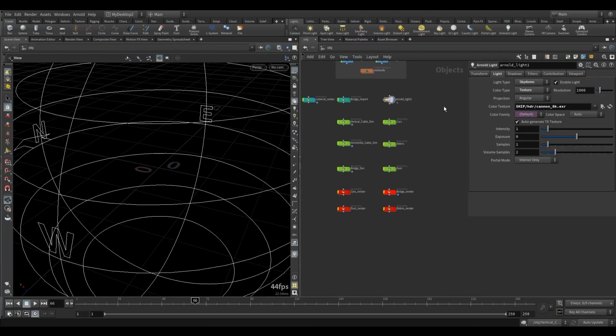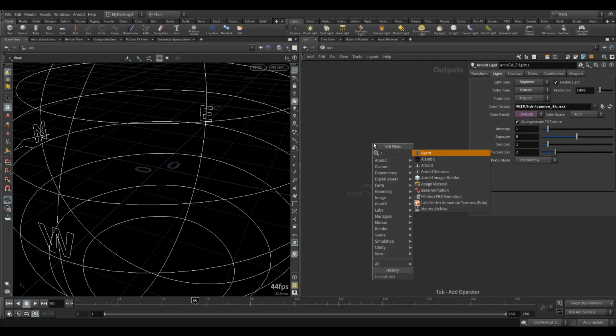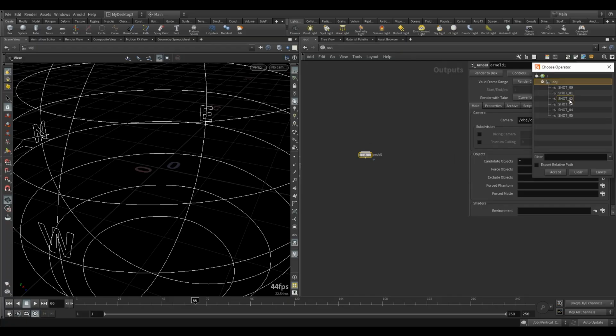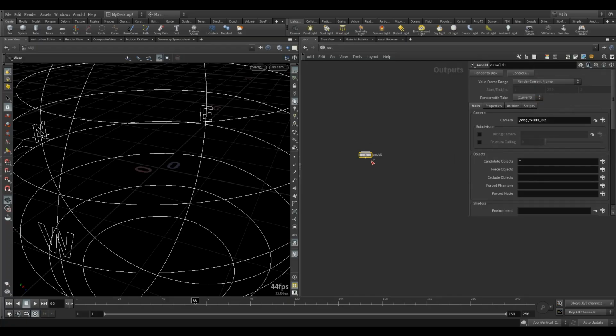And then let's set up our Arnold drop. So I'm going into the output, Arnold. I'm going to start with shot 2. And then we're going to be rendering the geometry and the volume separately. Okay, so we'll start with the geometry. Let's do geo